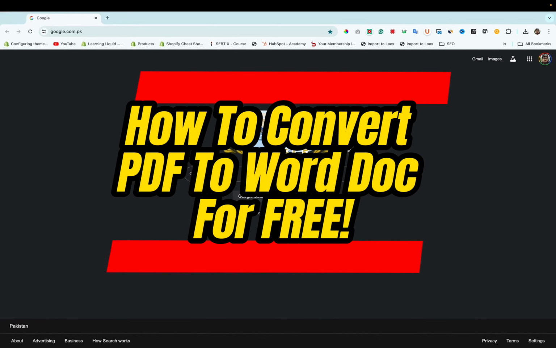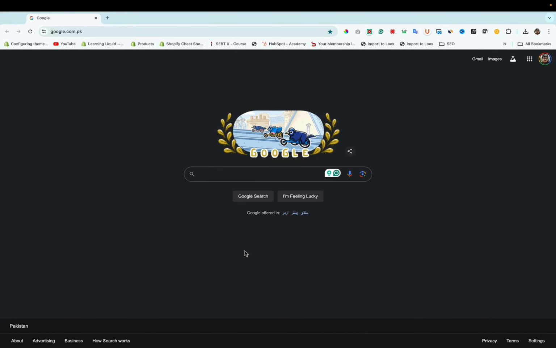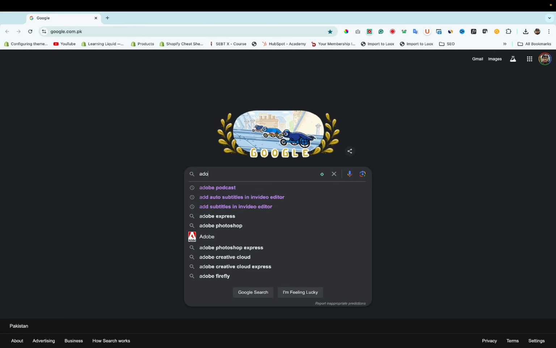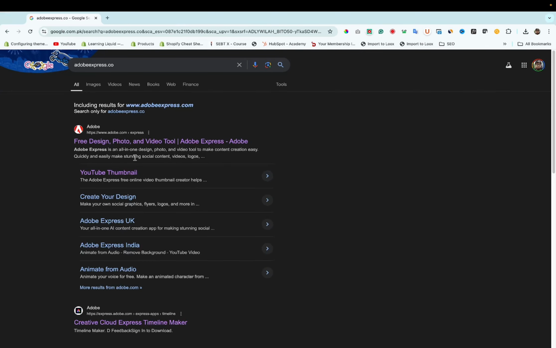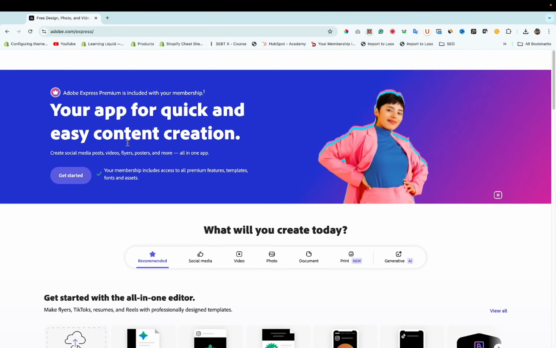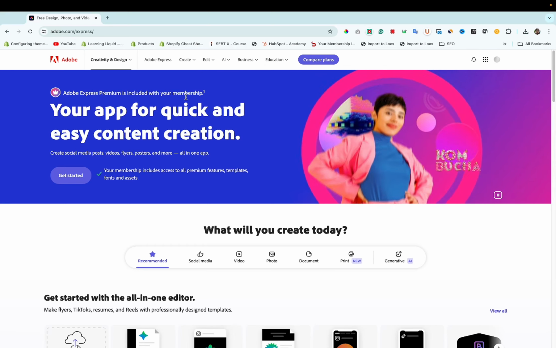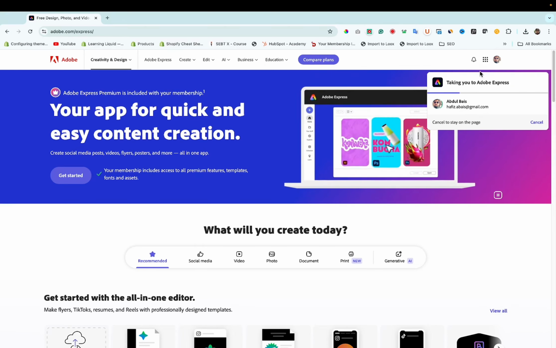How to convert PDF to Word document for free? Head over to adobeexpress.com. Click on the first link, adobe.com Express. Make sure you are logged in. Once you are logged in,